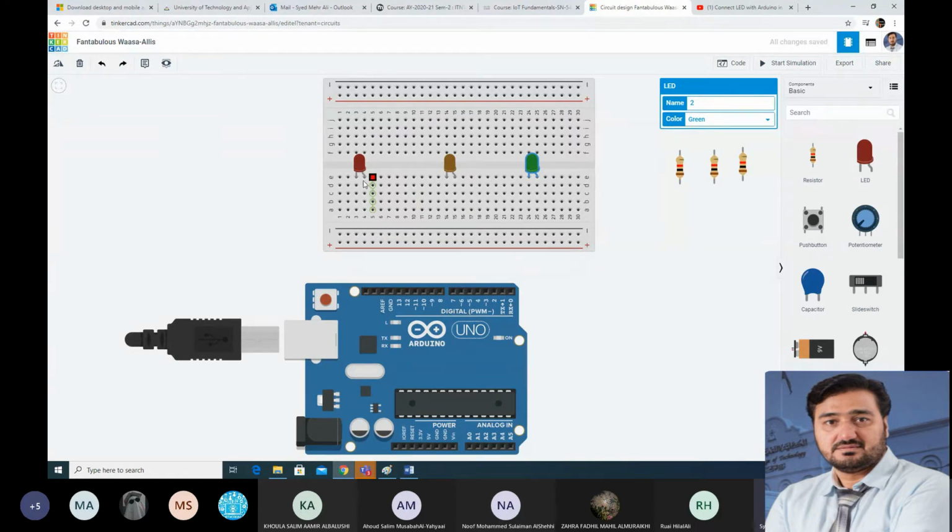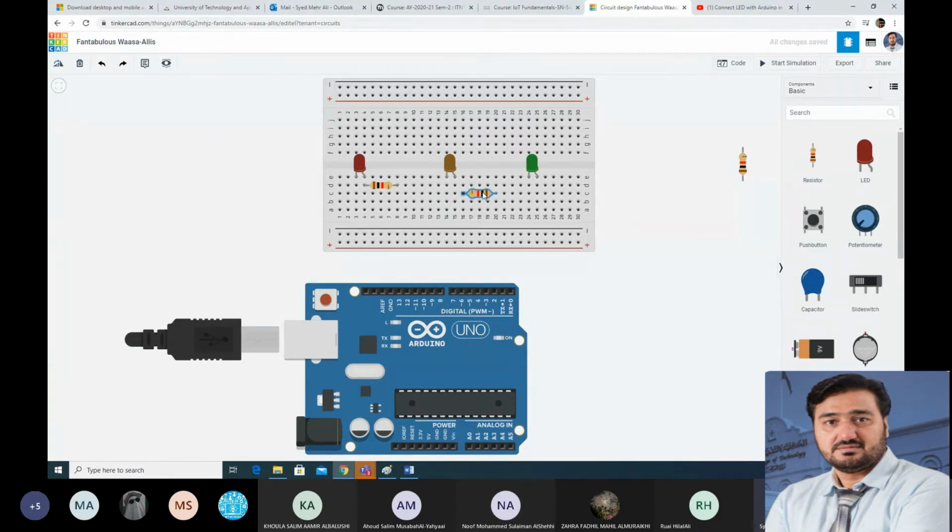Now how can you make the connection here? See here, this is the one, just press R, and the positive end you can connect with the anode. The same way you connect the positive end with the anode, and press R, or you can use this rotation.